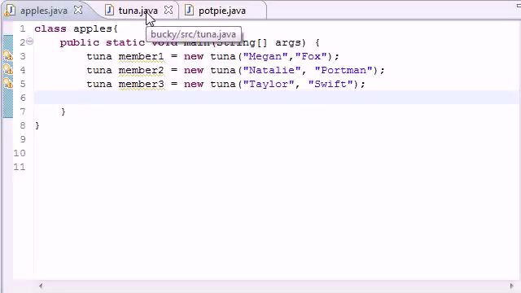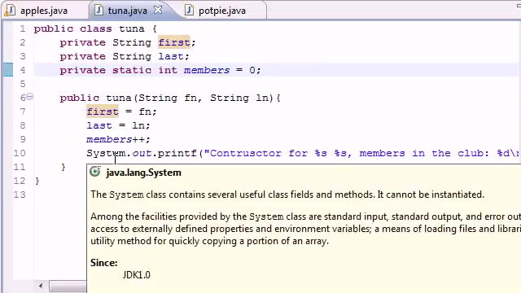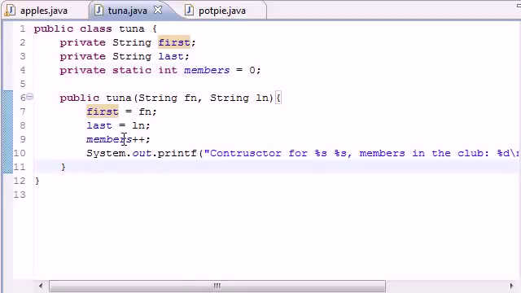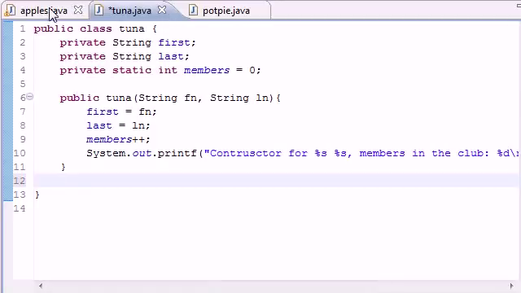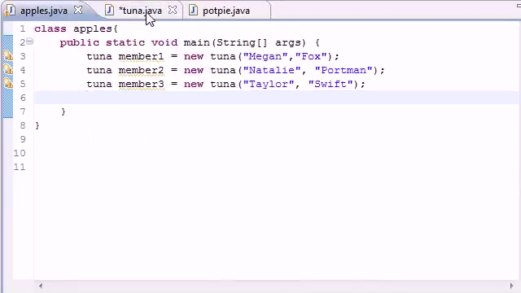What's up guys, welcome to your 47th Java tutorial, and in this tutorial I'm going to be finishing up talking about static members, and also I'm going to be showing you a nice little trick that you can use when accessing static members. So go ahead and in your tune class, not the class with your main method in it,